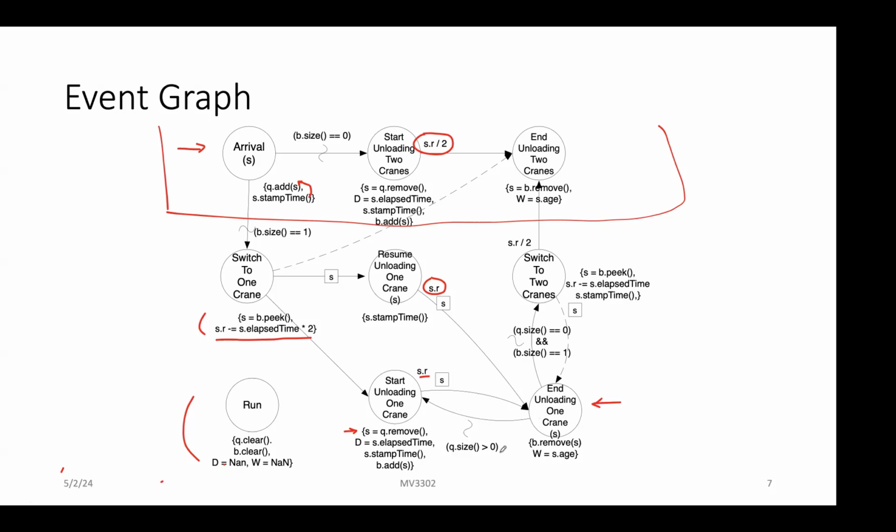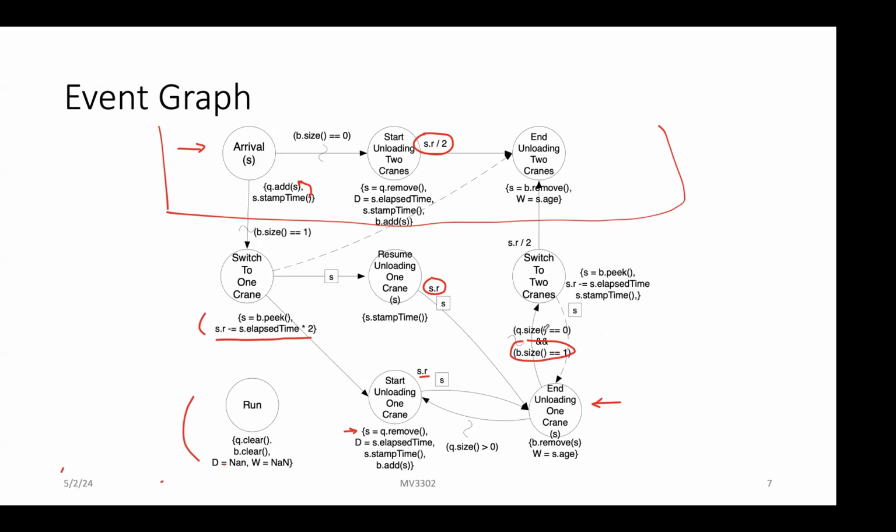So there's that. Now, on the other hand, what if there are no ships in the queue? This is redundant because I know if I finish unloading with 1 crane, then after I've removed it, the size of the berth has to be 1, so I don't need that. But if there is nobody in the queue,